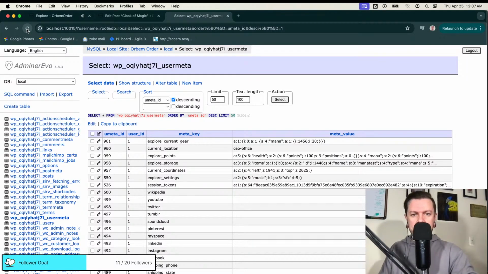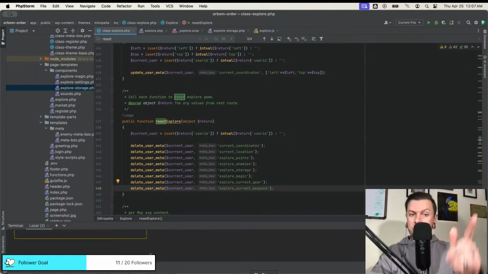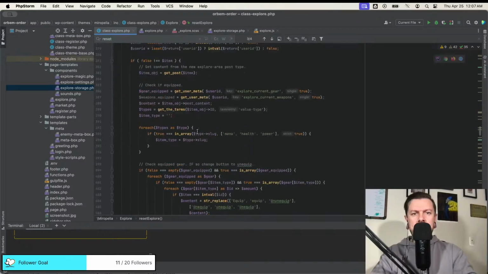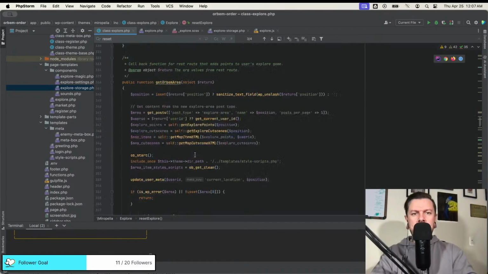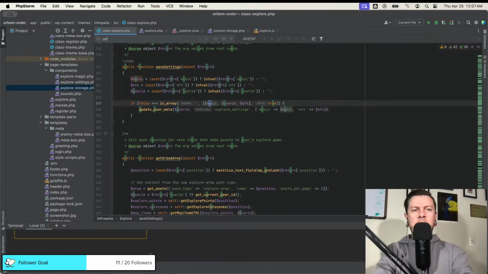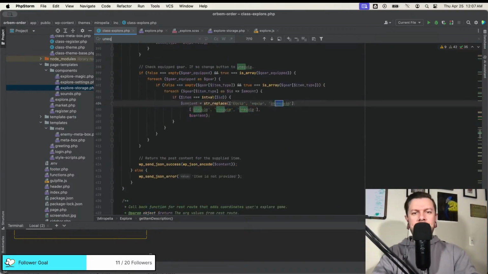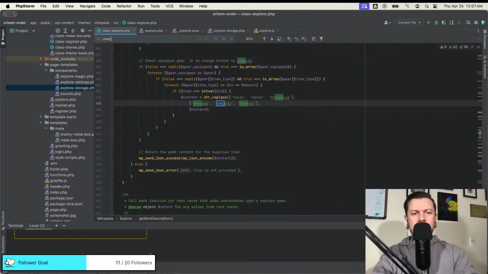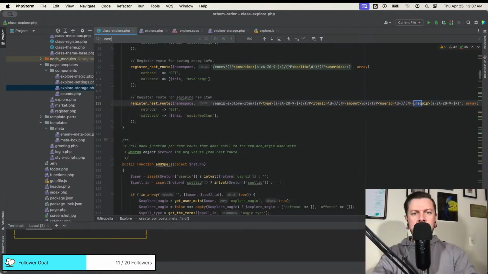I am incorrect. That did not work. Okay, so unequip is not working. It's not breaking. But let's check the logic for unequipped. Unequip. Batches for item description.